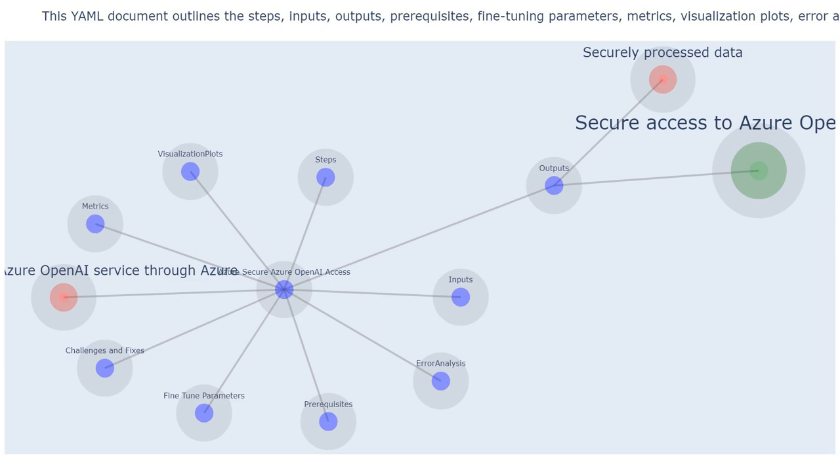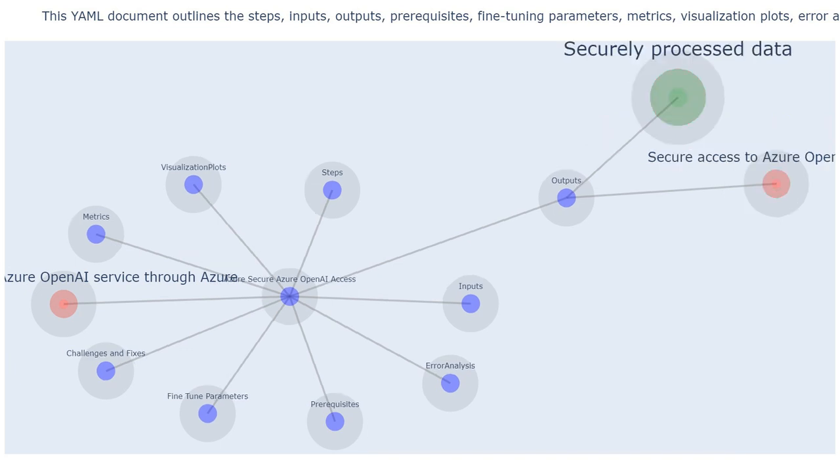This includes the capability to send requests to the models, receive responses, and process the generated content in a secure and reliable manner. The assurance that sensitive data processed by the Azure OpenAI models is handled securely. This involves ensuring that data is encrypted during transit and at rest, and that access to the data is restricted